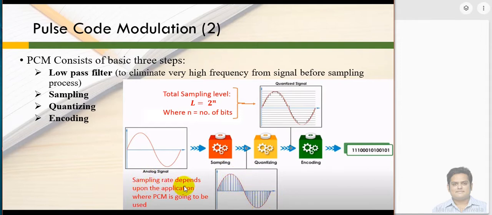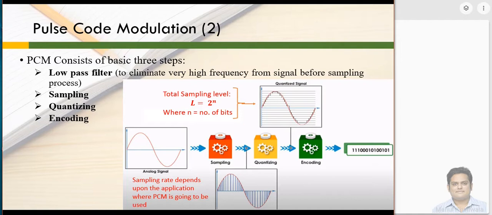Now this is important: the sampling rate completely depends upon the application where PCM is going to be used. Sampling rates are not predefined, such that you can only take 5000 hertz. So what do we mean by 5000 hertz of sampling rate? A sampling rate can also be described in hertz, as we describe frequency.